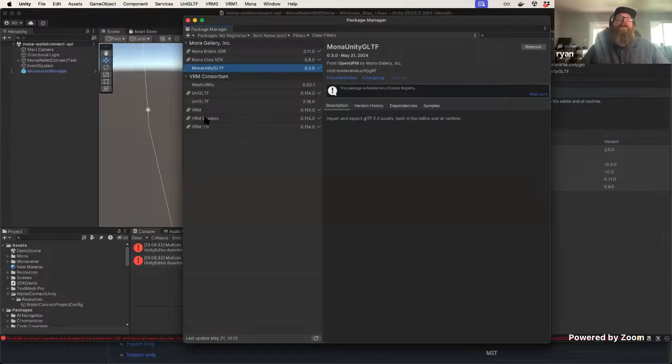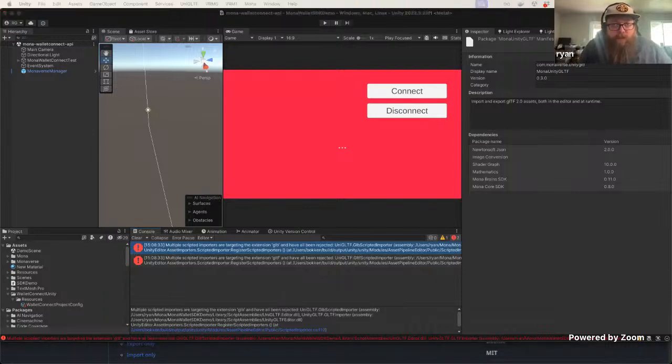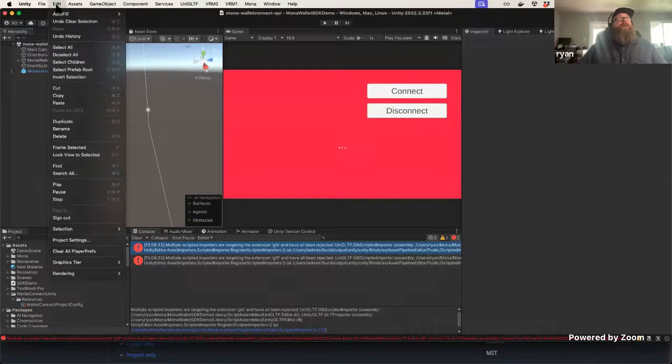This means that there can be some collision with your importer. If you have two GLB packages that are being imported at the same time, Unity doesn't know which one to use to import objects. To fix that, you need to go to Edit,